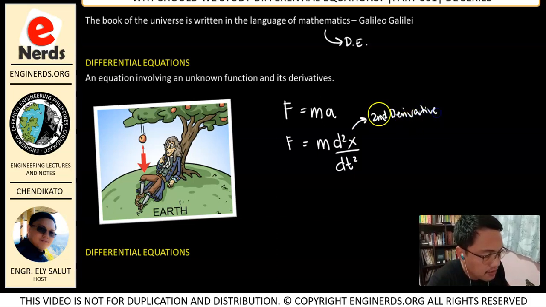So as you can see, this equation has a derivative. So this is a differential equation. Picture this illustration wherein Newton is sitting under a tree and merong nalalaglag na apple, no? As you can see, the position of the apple is changing relative to time. Nagbabago yung lokasyon ng ating apple bawat segundo or bawat minuto habang siya ay nalalaglag. Right? So that means the position of the apple is a function of time that keeps on changing.